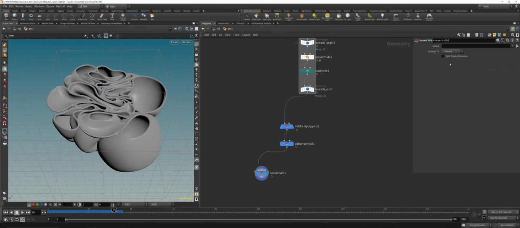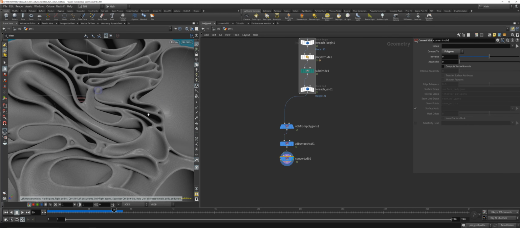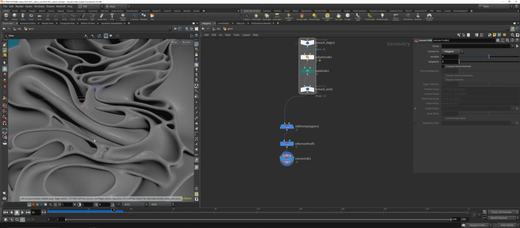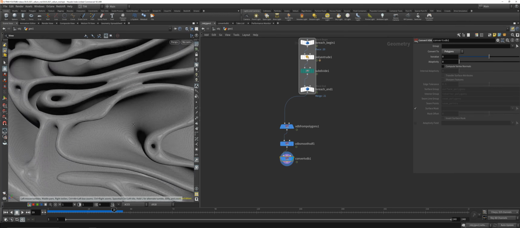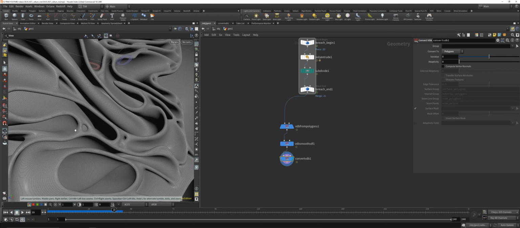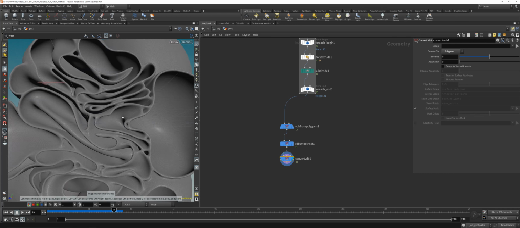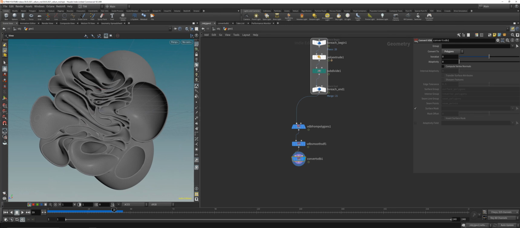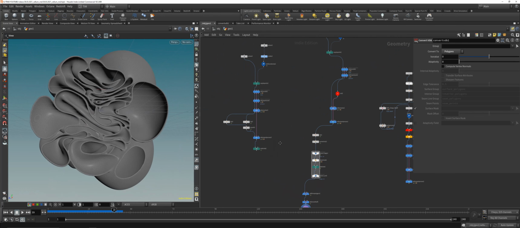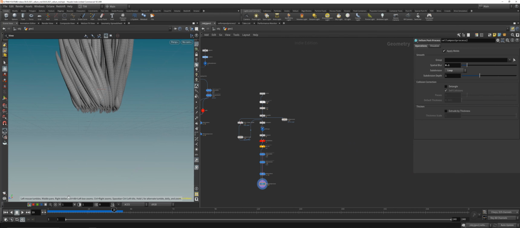Convert that back into polygons. Yeah, you will get these pretty cool connected amorphic shapes here that look pretty cool. Okay, that's that, and that's that, and now we will play a little bit with our